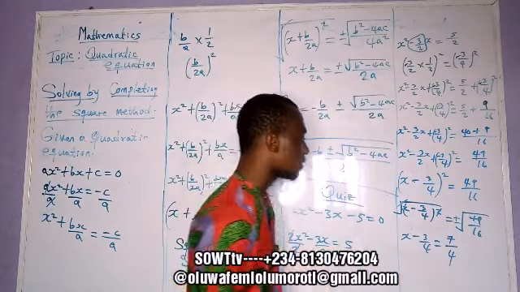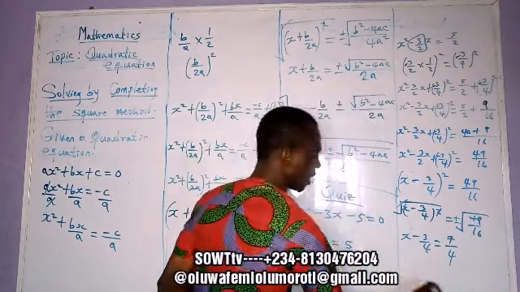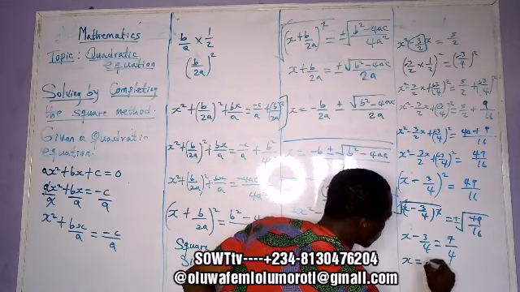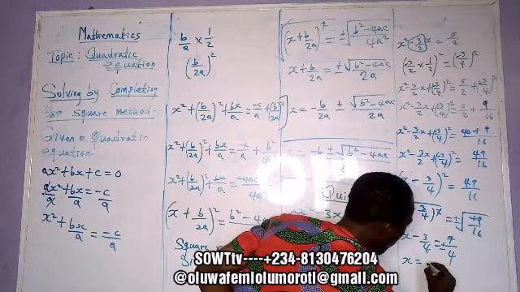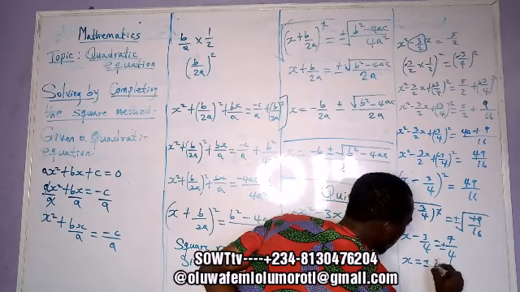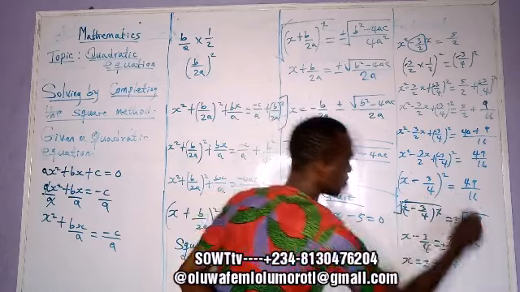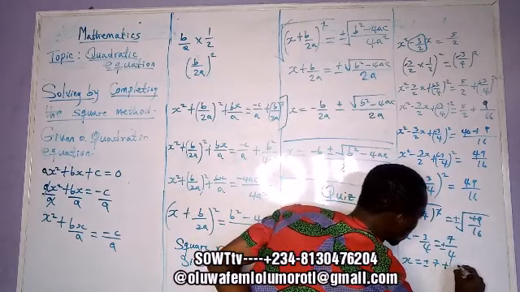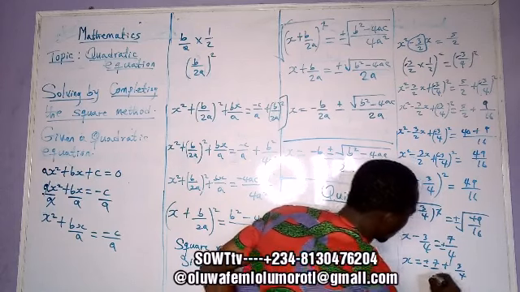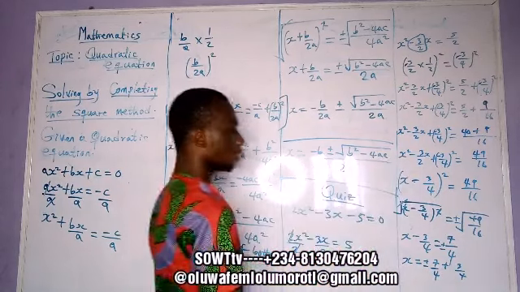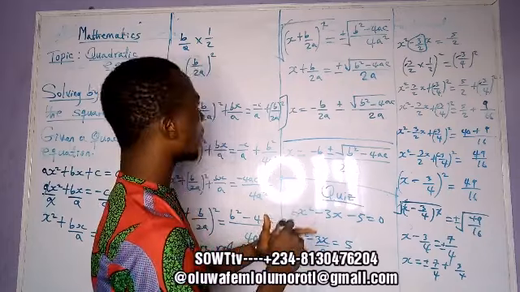So from here now, let's say we collect like that. We now have what? X equal to, okay, plus or minus, pardon me, so we have plus or minus 7 over 4. If this minus comes to this place, it changes to what? Changes to plus 3 over 4, or 7 over 4. So from here, we now have two